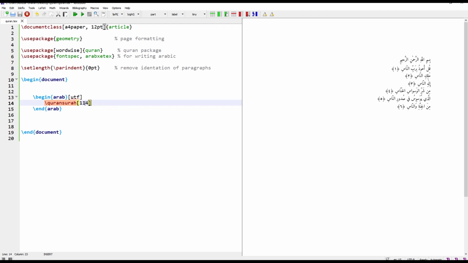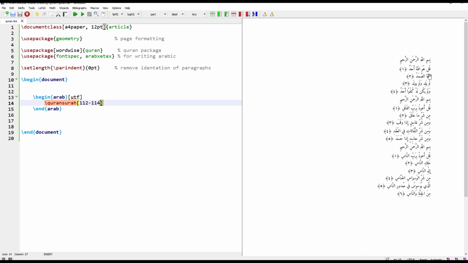Similarly, you can write the surahs in a range. For example, 112 to 114. All the three surahs are coming here. First surah is here, second surah and the third surah is coming here.